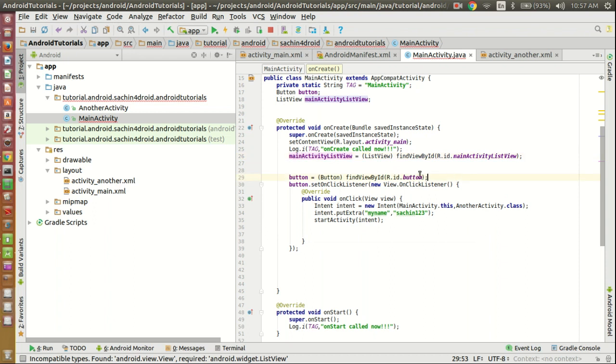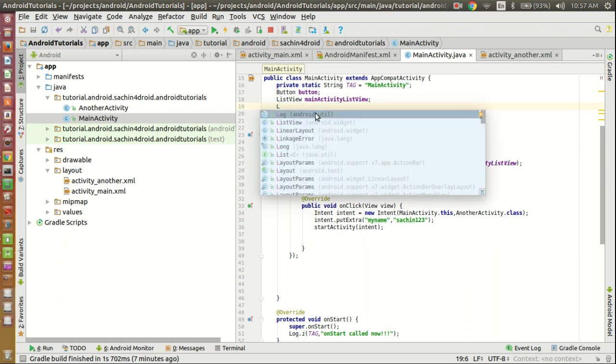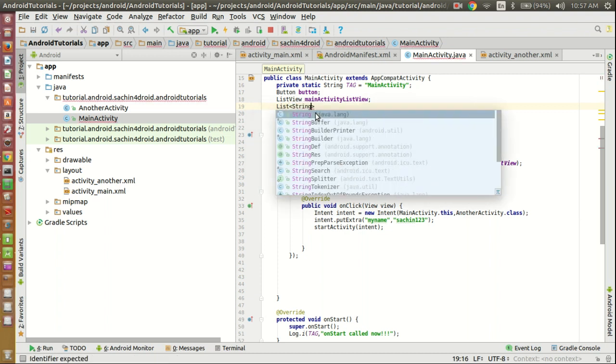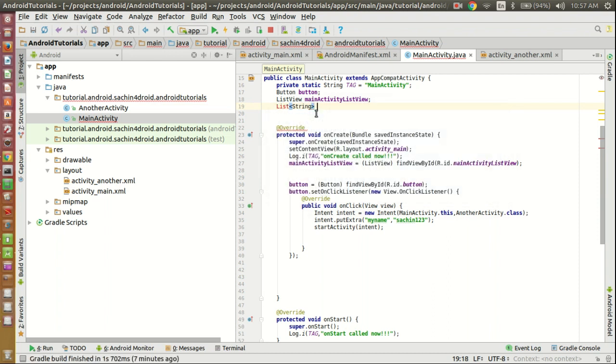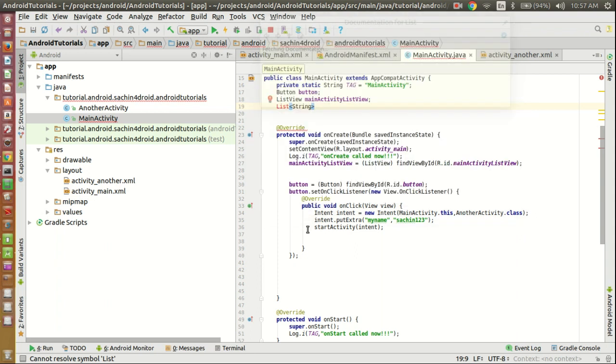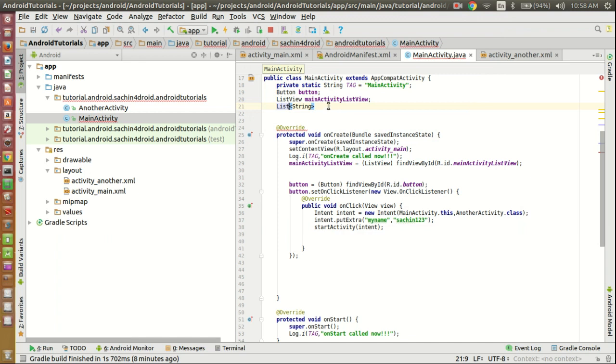Let's take the list of the items. For example, let me create the list of the strings. Let me import. For importing, just click on this and press Control and Space. It will give the list of the available options. Okay, activity list, and let me fill this